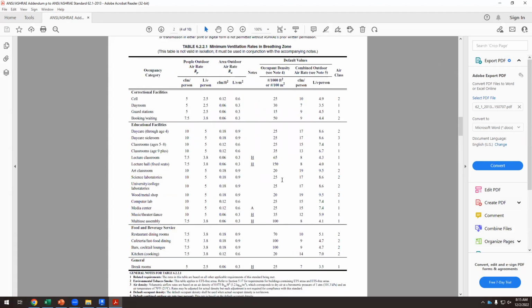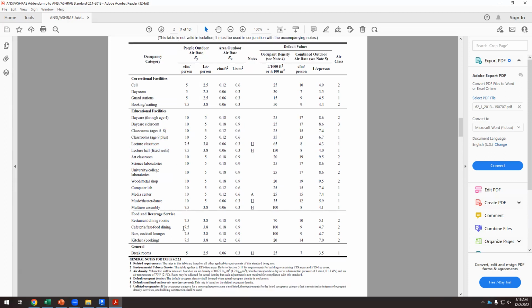Okay, so here we have different facilities. This is the requirement. I told you that by default we were working with 20 CFM per person. Well, here we have different options. We have 10, we have 7.5. Okay, so 20, it's a good, I always